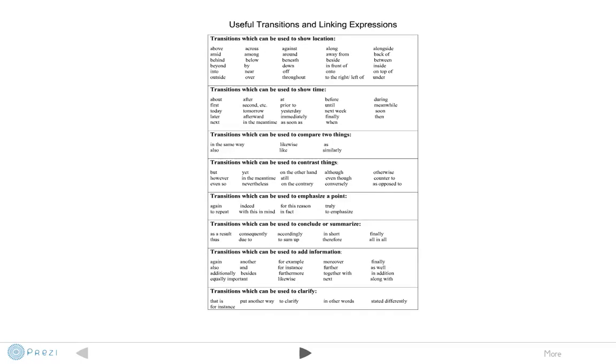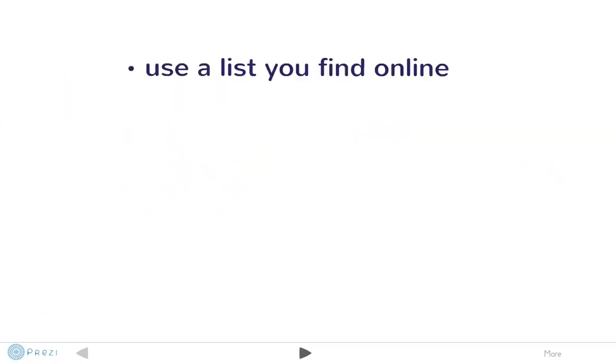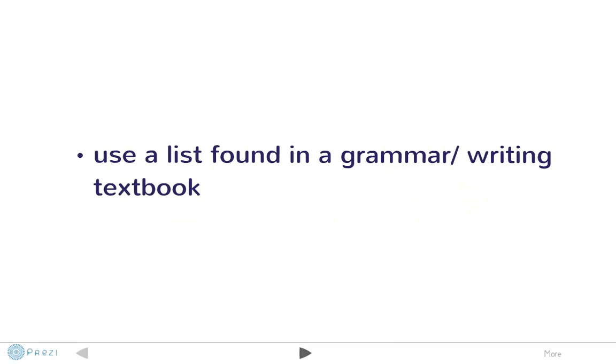It looks like this. It has some useful transitions listed by category that can help you out. This isn't a complete list, but it's a good starting place. If you don't have this list handy, then of course you can just search online and find another list. There's plenty out there. If you have a grammar book or a writing textbook of some sort handy, of course you can check the index or the table of contents and they'll have lots of sample transitions in there as